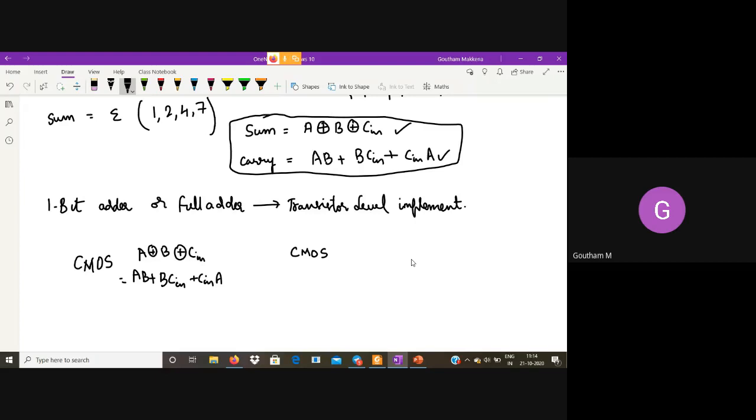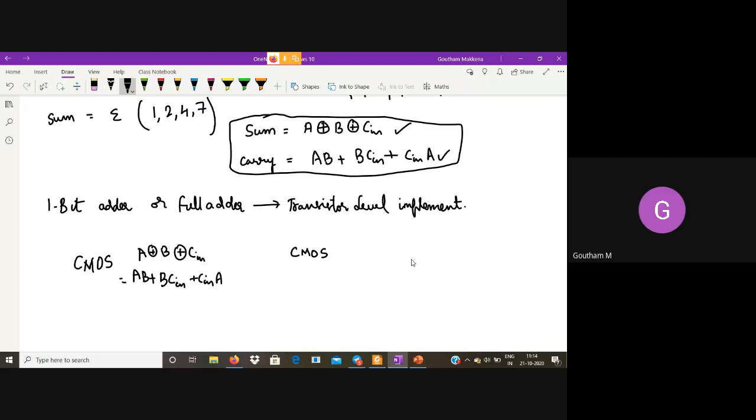First we'll come up with the CMOS implementation and check the number of transistors. From there we'll try and reduce the number of transistors. We'll see the 28 transistor, 20 transistor, 16 transistor, 12 transistor versions, all of those. We'll go down in the next 1.5 hours and see the full spectrum.